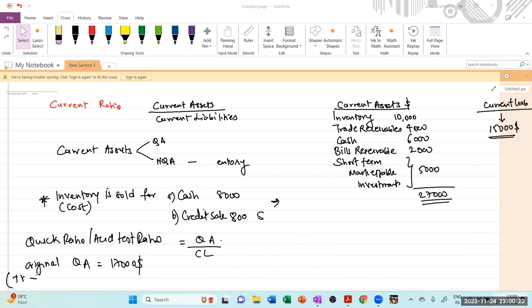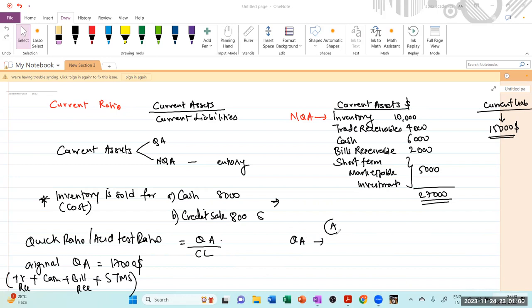Trade receivables are a quick asset. Cash is a quick asset. Bills receivable are a quick asset. And short-term marketable securities are also a quick asset. Only inventories here is a non-quick asset. I hope everybody appreciates this statement. Now, essentially what has happened because of this particular transaction is